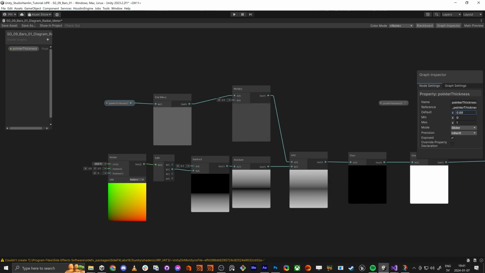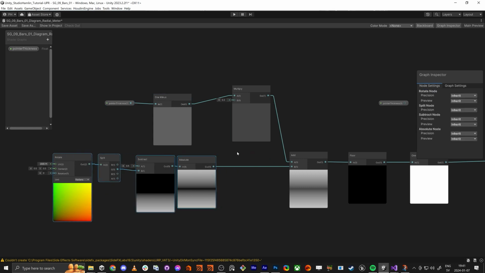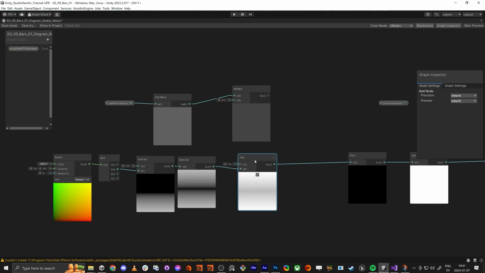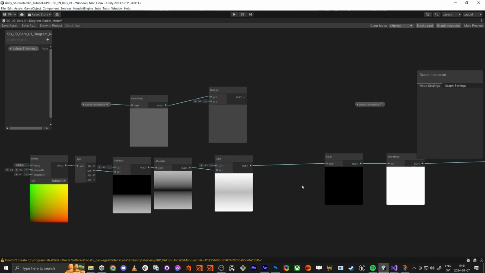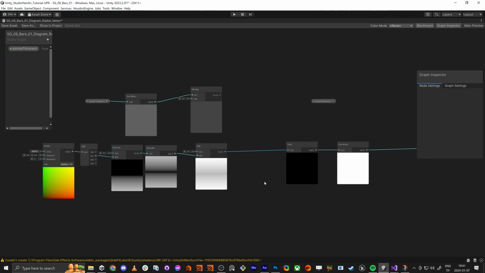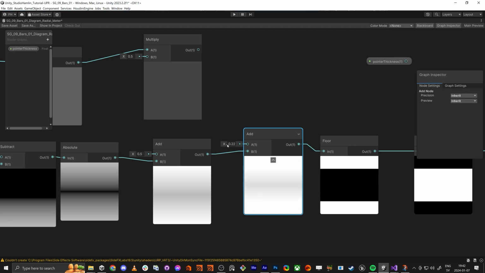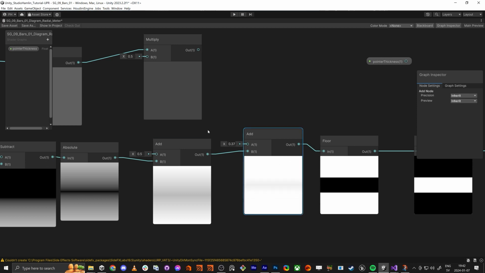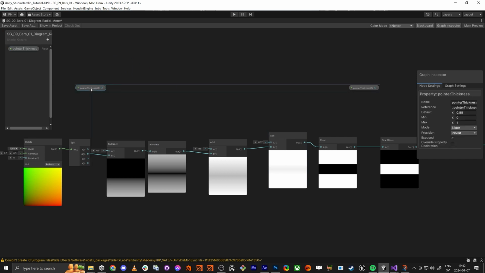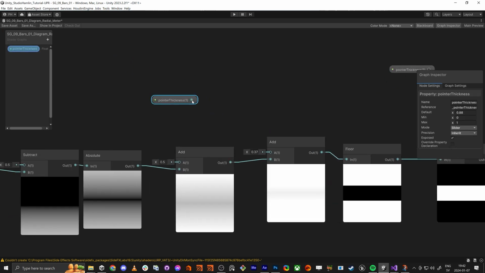am I thinking totally weird? Yes, I am. So sorry for messing this up a little bit. We need this value here, 0.5, right? Because now we kind of made the floor 0. But if we do an add more, if we just do a little bit like this, you see now we're kind of adding it, right? So we want, if we do the point thickness and add it here,